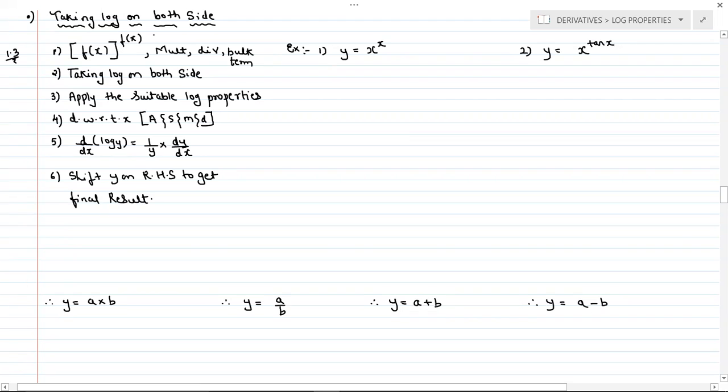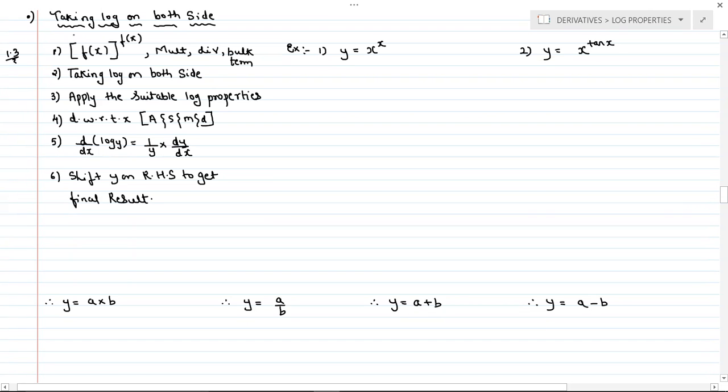as I had explained the chain rule concept. In the chain rule, as I told, whenever the x is replaced by some other term, that time you have to use the chain rule concept. So here also there is some fundamental that you have to remember. After that only you have to take log on both the side. You cannot take directly taking log on both the side for any sum. So you can remember this exercise 1.3 as taking log on both the side.